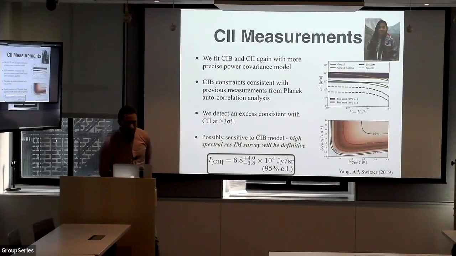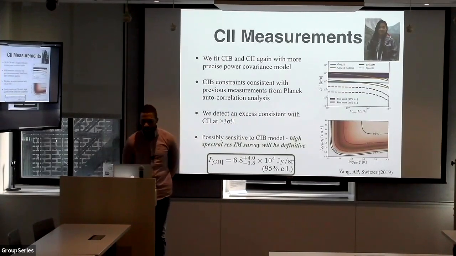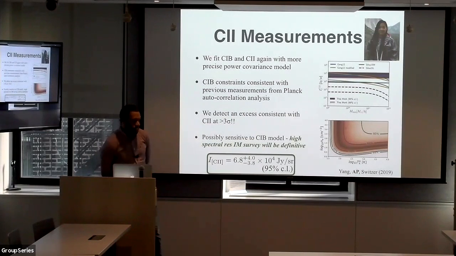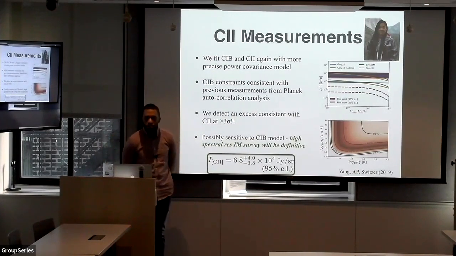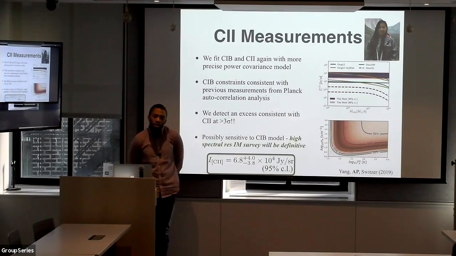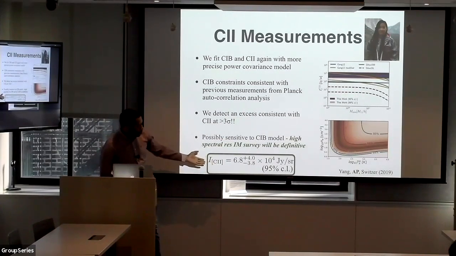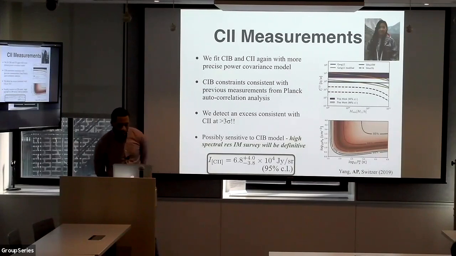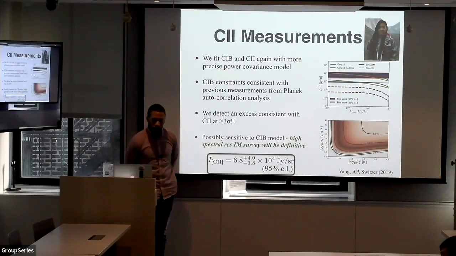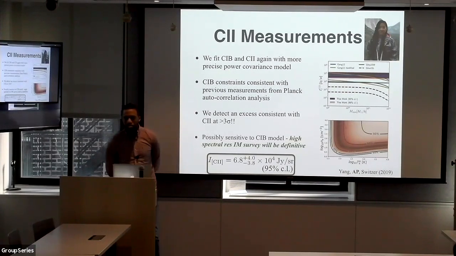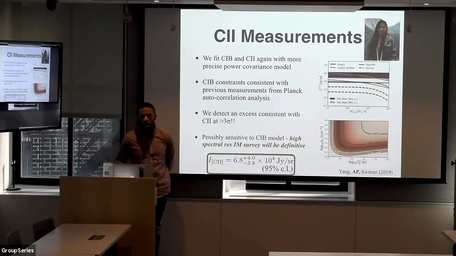In the paper, we didn't claim it was a full C2 detection, because it's possible that if our CIB model had some errors in its redshift evolution, you could mimic what we found, particularly since we had broad bands for Planck. However, if it was C2, this would be the intensity that we were able to detect. We do expect that when we have full bona fide intensity mapping surveys, we should be able to definitively say whether we have a detection.